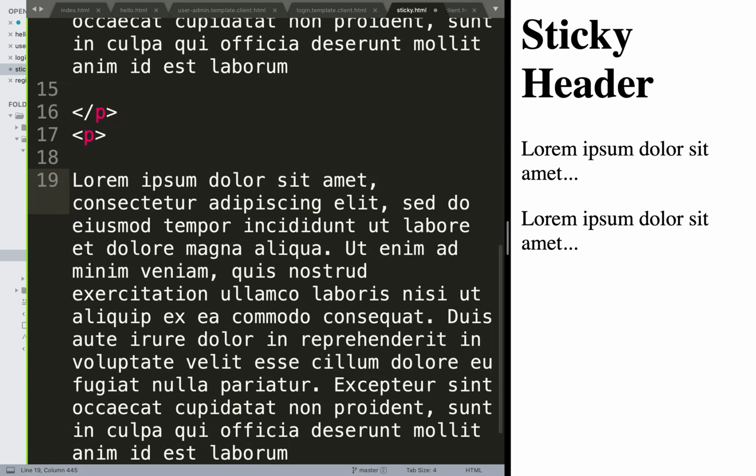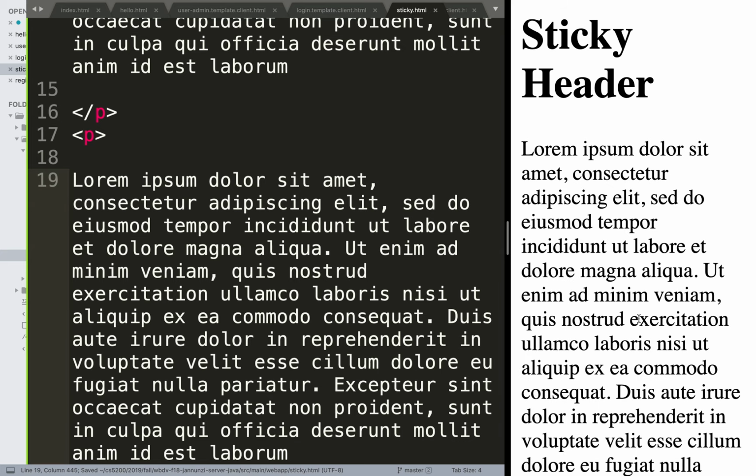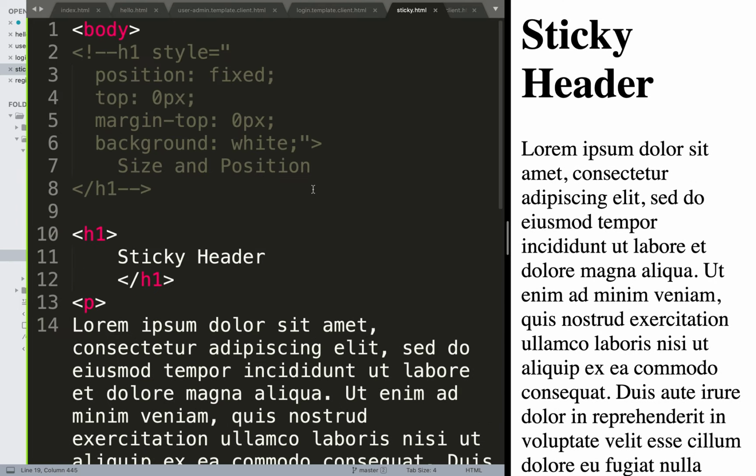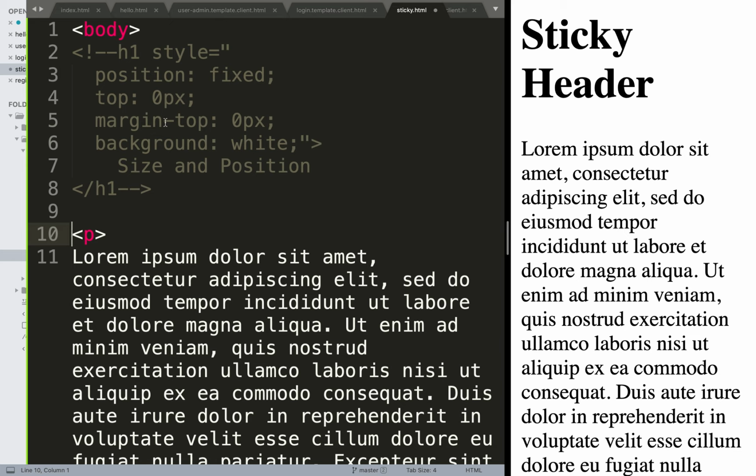Especially because we want to see how it behaves when we have to scroll. Right now, everything scrolls together, right? And that's what we would expect. When instead we uncomment this,